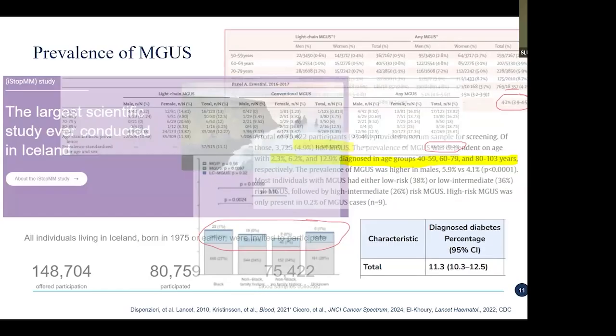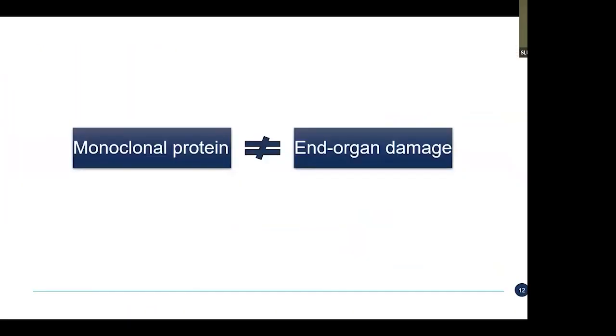And if we think about that relative to something that we're all very familiar with, let's say diabetes, that we all see very commonly in our clinical practice, even though we're not treating that, diabetes prevalence is about 11%. So taking that into comparison, if we're looking for a monoclonal protein, we probably will find it in a lot of cases. And so the question then always becomes,